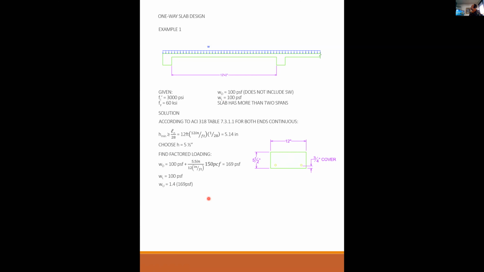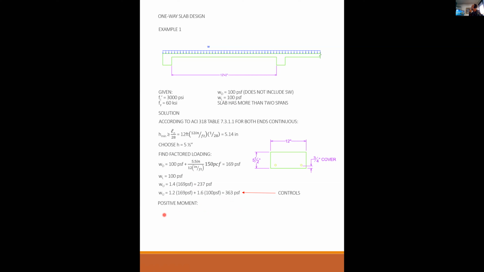We need to check our different load cases. I can have 1.4 times the dead load, which is 237 pounds per square foot, or I can have 1.2 times the dead load plus 1.6 times live load, which is 363 pounds per square foot. In this particular problem, I did not give you an SDS factor, so you can assume that the third equation with the SDS in it does not apply. So in lieu of the third one, the greater of the two is 363. We're going to design to 363.